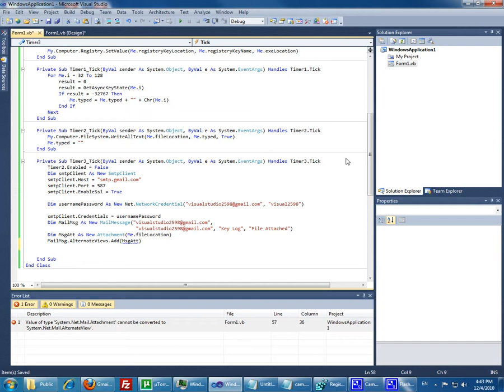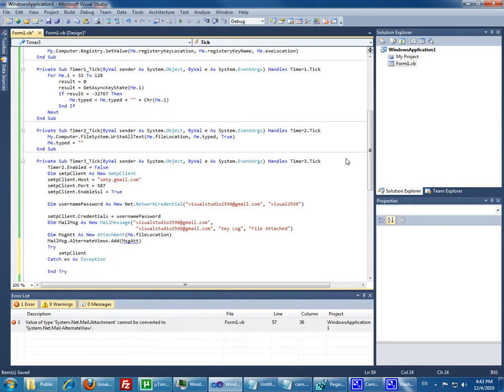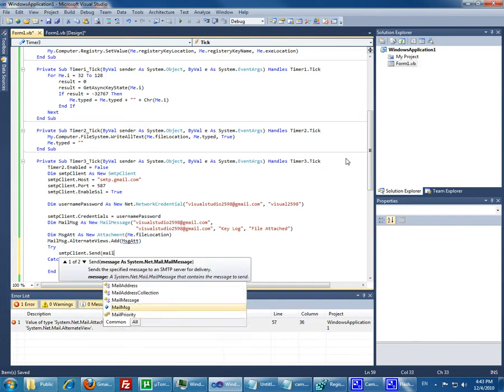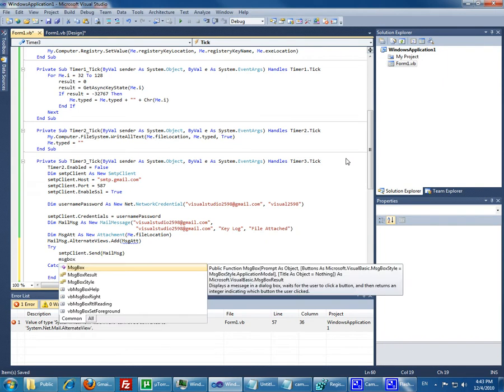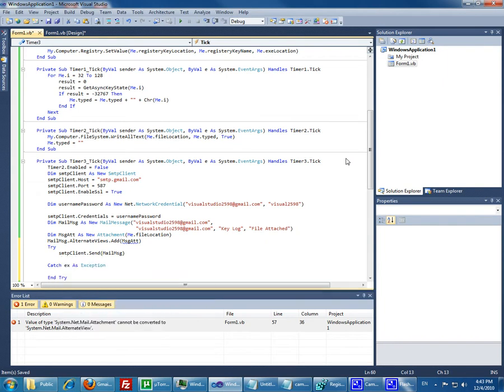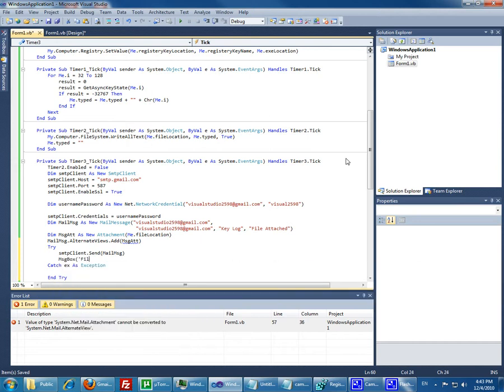Yeah, now we'll just try to send the message, which is the mail message box. Yeah, that's basically for testing. If you wanna make sure that the file was sent, this way you could know when to check the